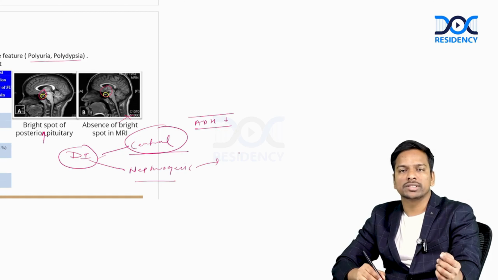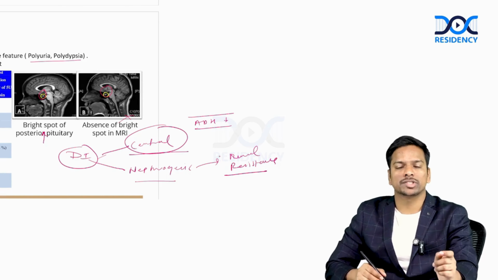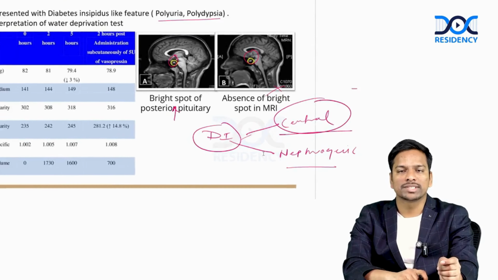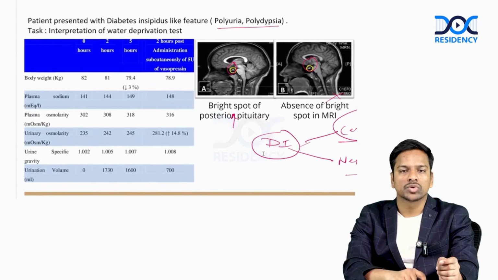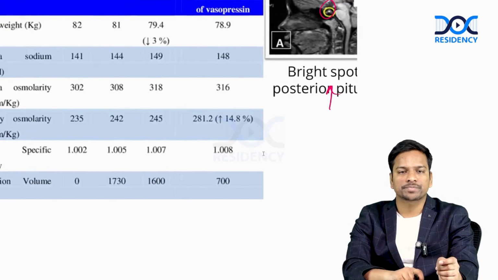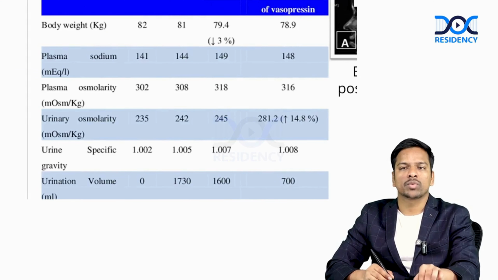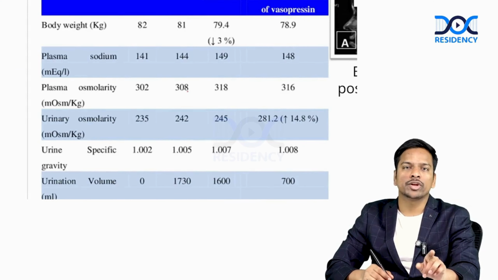Then nephrogenic is again because of the renal resistance to these functions. Okay, so I will just write renal resistance. That is typically nephrogenic diabetes insipidus, right? So these are the findings typically you will see in these patients. Okay, so as you can see, urinary osmolality for this patient will be quite high, and for that we can do